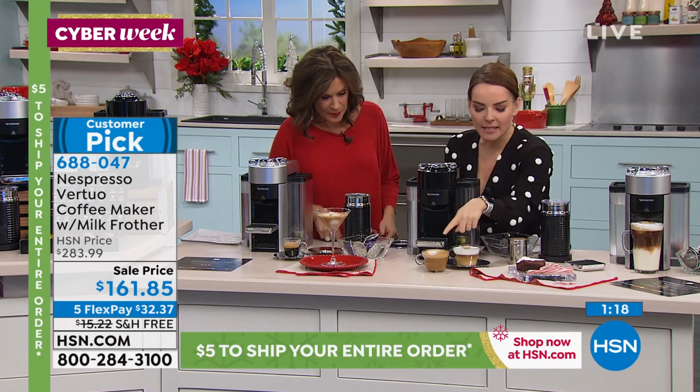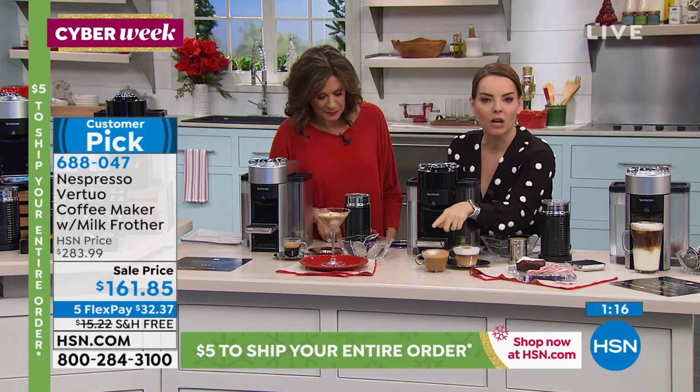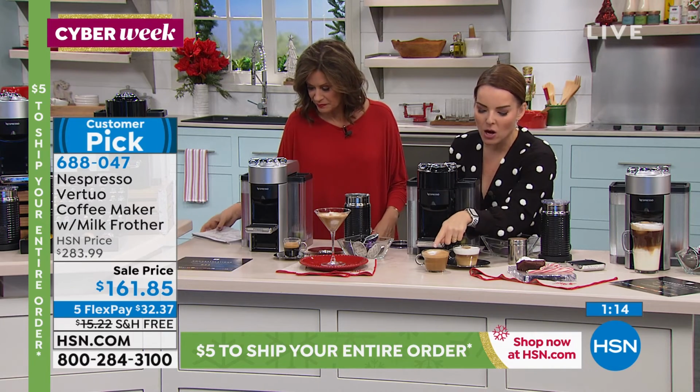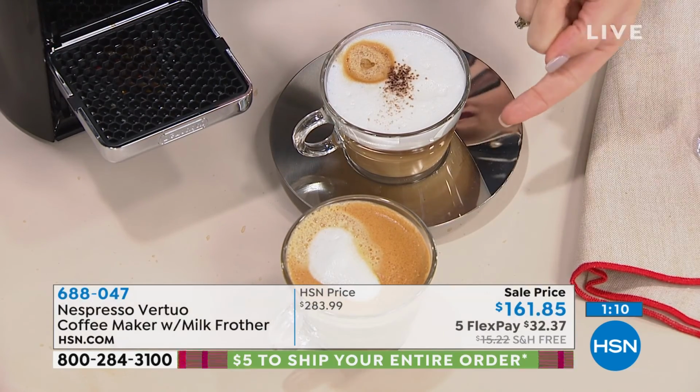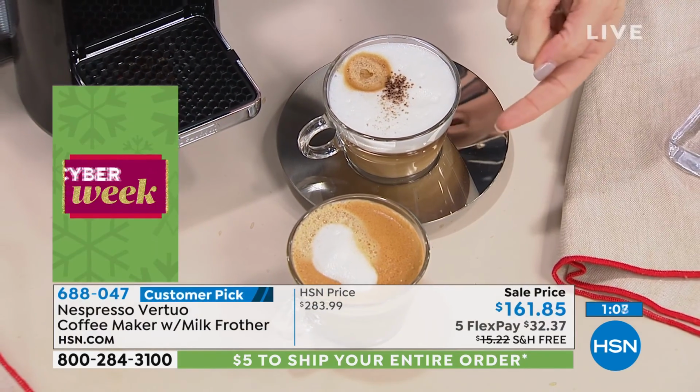I wanted to show you side by side. So here you saw the difference between me putting the coffee in first and then pouring the milk over top, versus if you do the milk first and then the coffee on top. So if you see the layers on the side, if we can come to the side so you can see, that's what makes